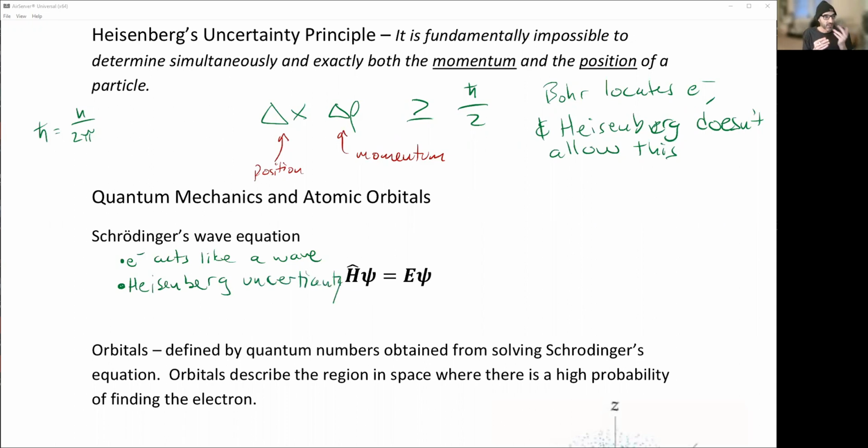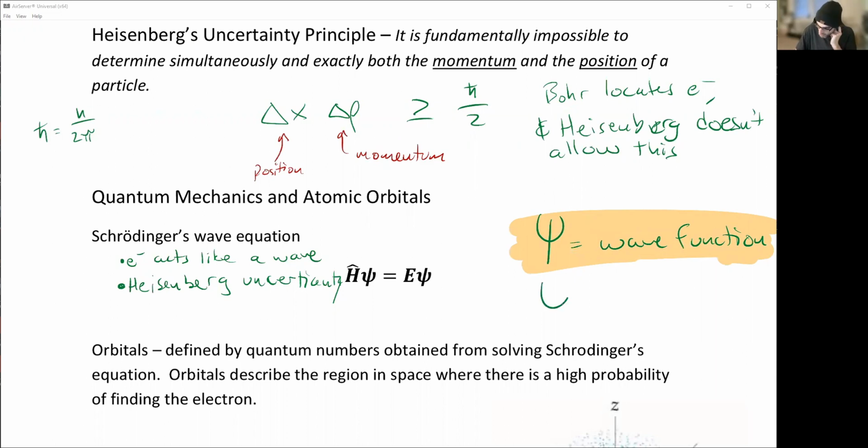So some fancy looking equations here. We're not going to get into it other than to say that psi is going to be our wave function. So whenever you see psi, that is a wave function. You don't really need to know anything about that other than the fact that it is a wave function. And it turns out if we take this wave function and we square it, this is the most important. This is the probability of finding an electron,